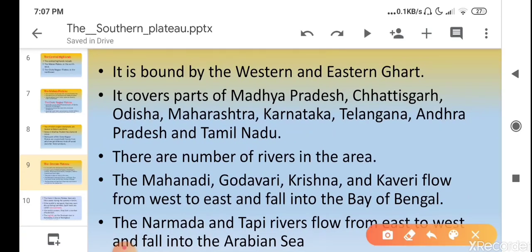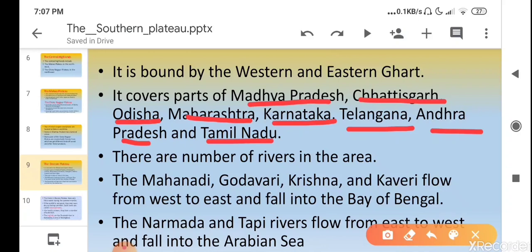It covers parts of Madhya Pradesh, Chhattisgarh, Odisha, Maharashtra, Karnataka, Telangana, Andhra Pradesh and Tamil Nadu.